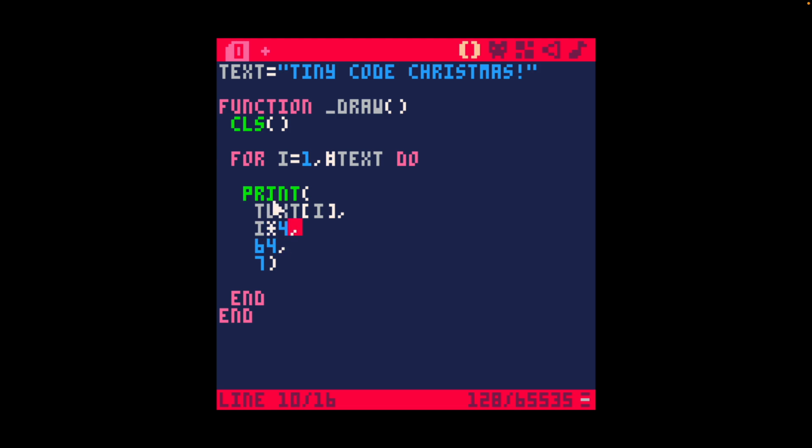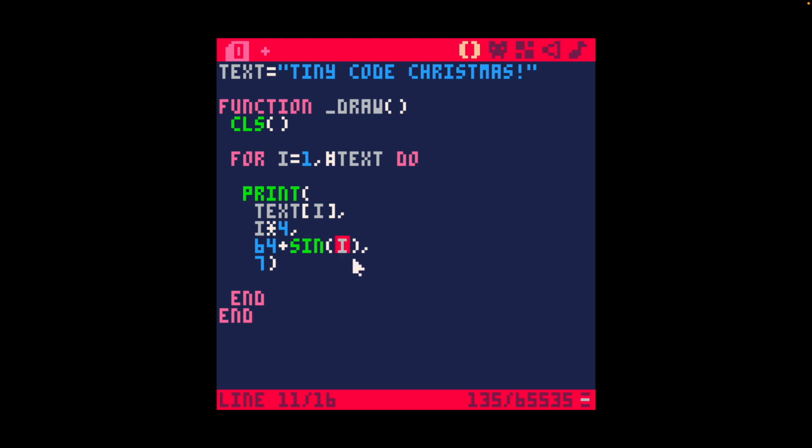So the next thing that we have to do, and it's the main thing that we're actually doing as part of this, is to modify each individual letter by a sine value. So now I'm going to use i as that value, and you can see that it does absolutely nothing. The sine in Pico 8 is going to return a value, but it doesn't take angles or radians, it takes turns, and if they are anything that is a whole number, as i is going to be, it's the same value, returning the same